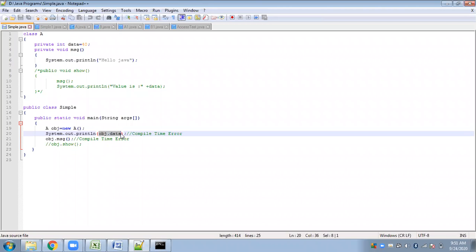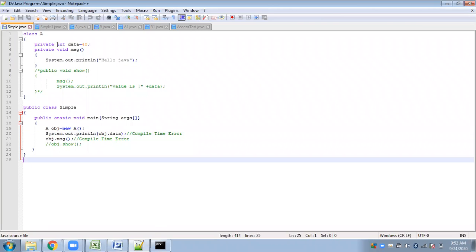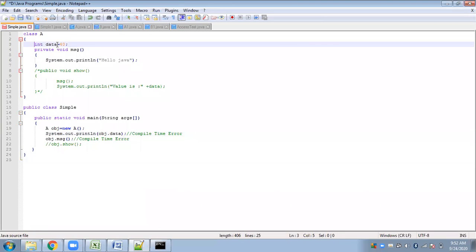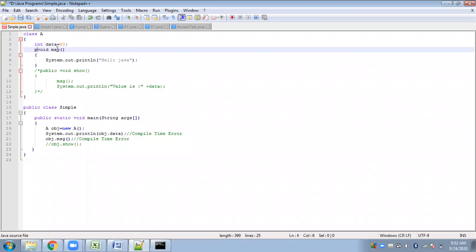This is how the private access modifier demonstrates the idea of data hiding in object oriented programming. This is very important. Whenever you want your data to be very much secured, you have to use private. Private is the most restricted. Whenever you are designing any application, you have to be very careful where to use private and where not to, because it is very restricted. Now, since these are declared as private, let us just remove it.